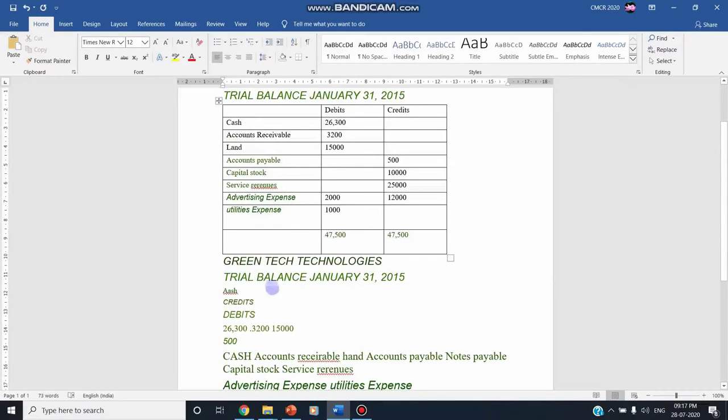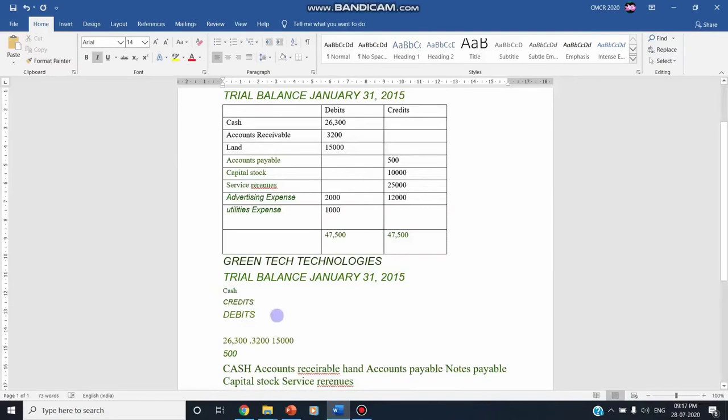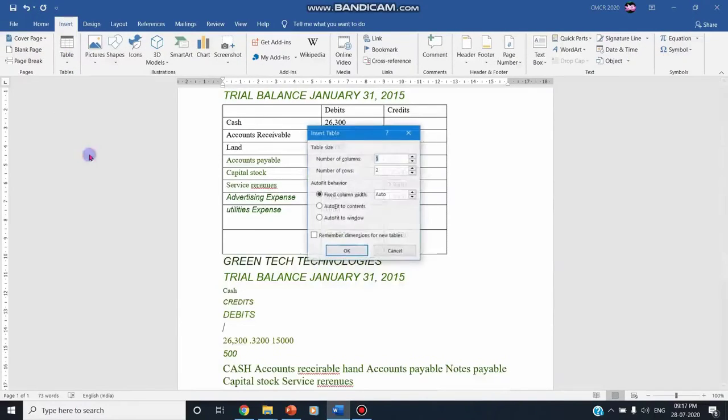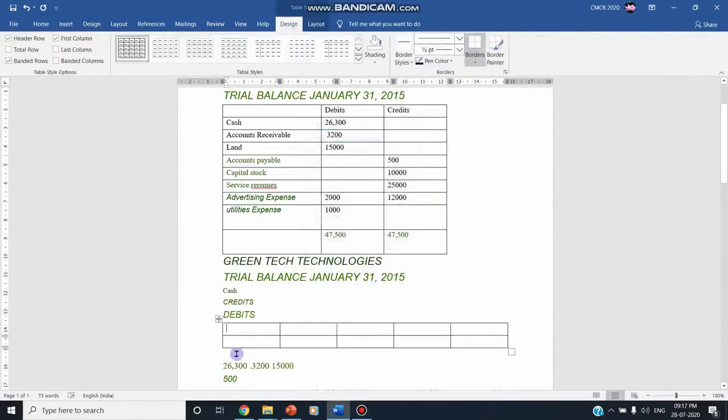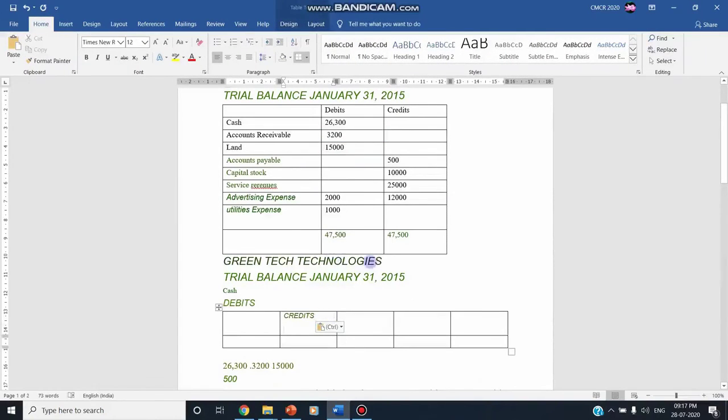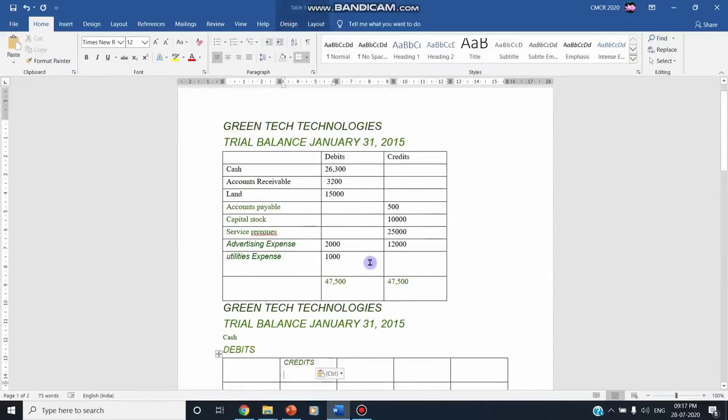You can just insert a table. I'm changing this ash to cash, and the debits and credits are all fine. As for the amounts, if there are some handwriting differences, there will be some faults. You have to manually correct them. After that, you can insert the table if you wish. You can insert a table with whatever columns you want. Here you can just copy and paste the contents. If I wish for debits or credits, I can just take and paste here. So within a second, you can easily convert your handwritten documents.